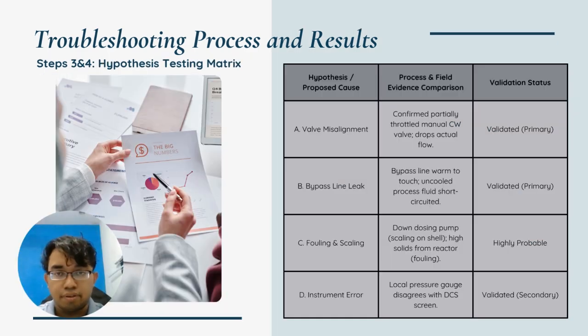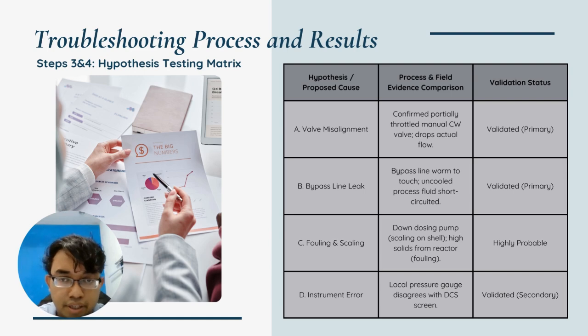Alright, now we're presenting steps 3 and 4, the hypothesis testing matrix. So the hypothesis, we separate into 3 parts: hypothesis proposed, process and field evidence comparison, and validation status. Okay, so the first, A, valve mismanagement, is confirmed partially. The throttled manual CW valves drop actual flow. Validation status, validated primary. So B, bypass line leak: bypass line warm to touch, uncooled process fluid starts to circulate, validated